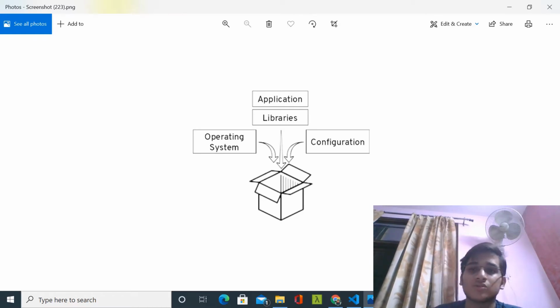Now a question you might be having is: why do we need containerized applications? What is wrong with the applications which are not containerized? To understand that, we can take an example.